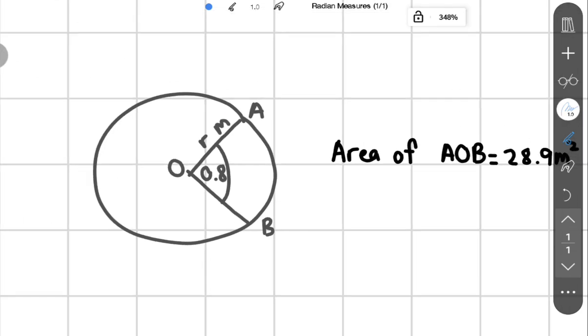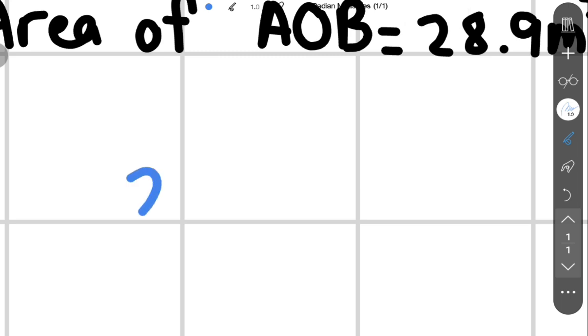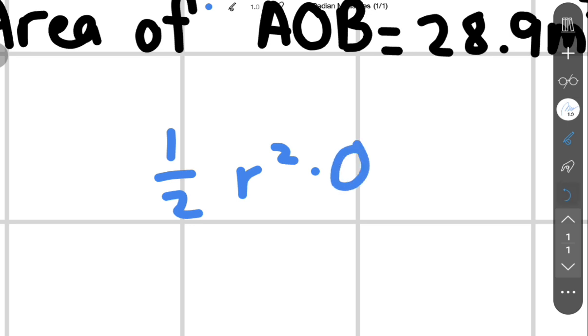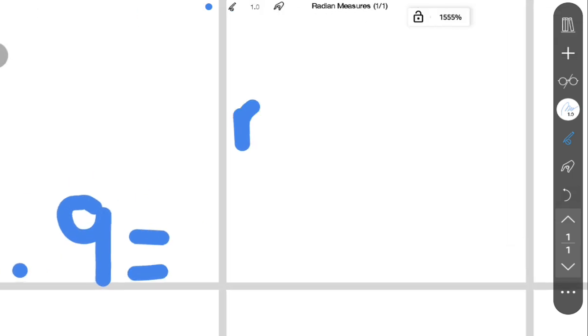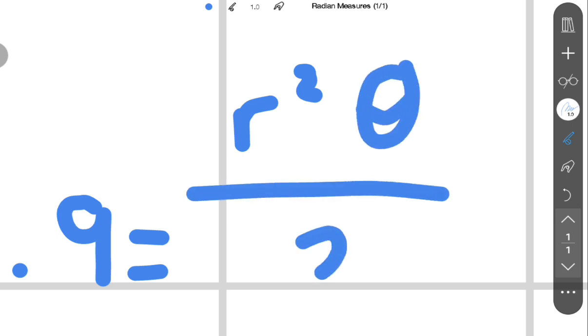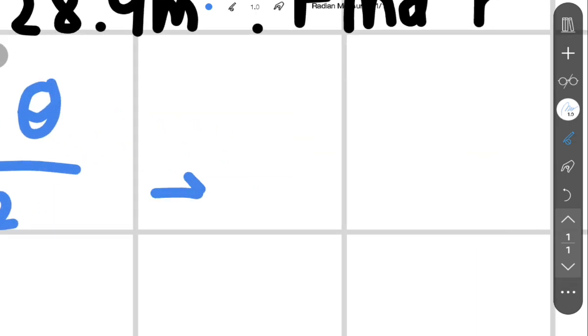The area is 28.9 meters squared, and we're asked to find R. Since we know the formula, it's half R squared times theta, we're just finding the value of R. So we have 28.9 equals R squared theta over 2. It's sent to the other side, so 28.9 times 2,